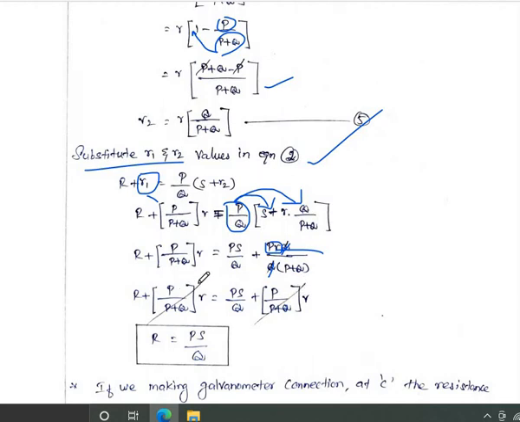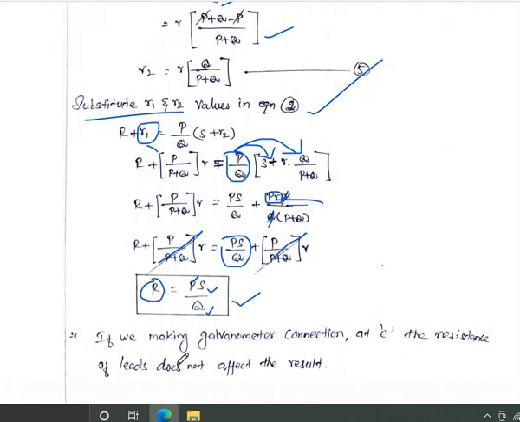Here also the same value, P by P plus Q into R, appears on both sides. Both values cancel, because when that side moves across it becomes minus, so it is eliminated. So the value is capital R equal to P into S by Q. P, Q and S are known resistance values. Here R is the unknown value, so we find the unknown resistance value using this formula.